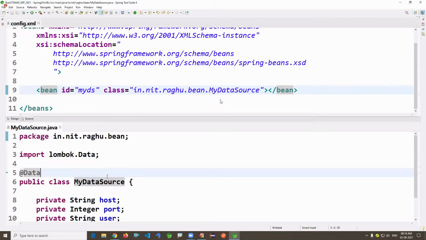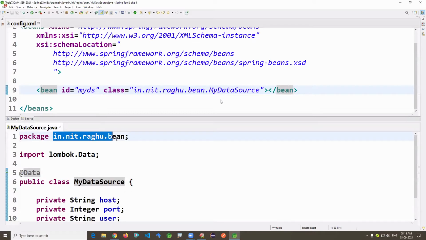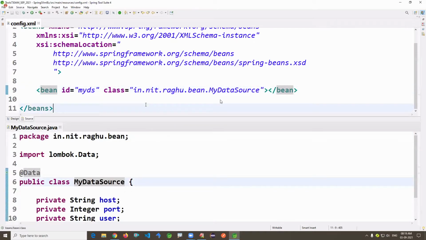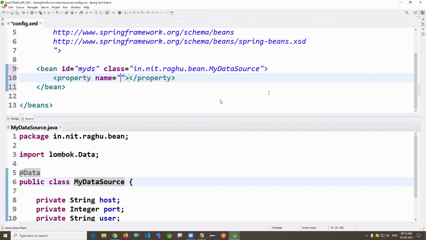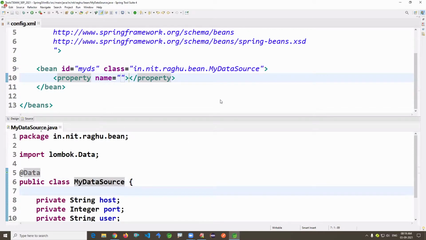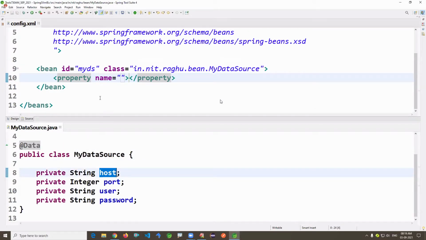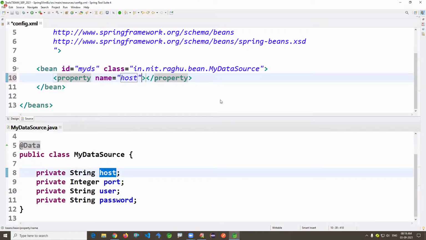See, for this class, this package name I mentioned, and this class. Whenever you write like this, the meaning is actually creating the object. And next, I have to say, please provide the data. There I'm writing a property tag. Look at the property name, it's host, and there I'm giving the value ABCD.